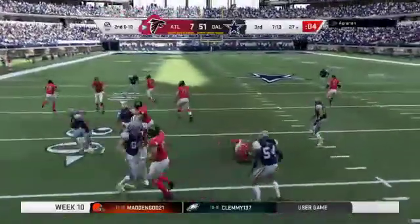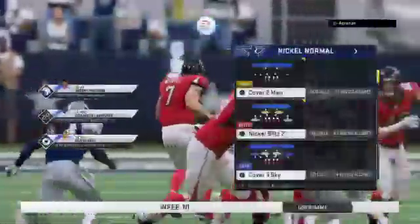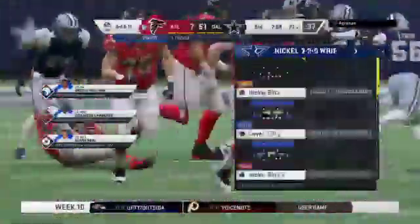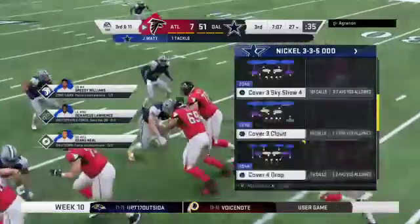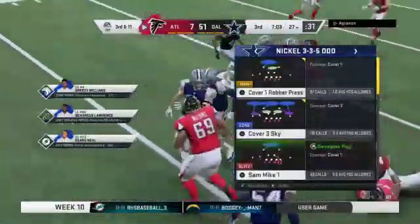They go to the ground again with Taylor. And they're going to get him behind the line yet again as his nightmare afternoon continues. No gain that time, and it leaves him with 3rd and 11 coming up. Brings up 3rd